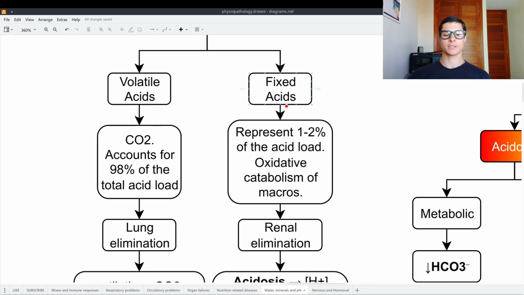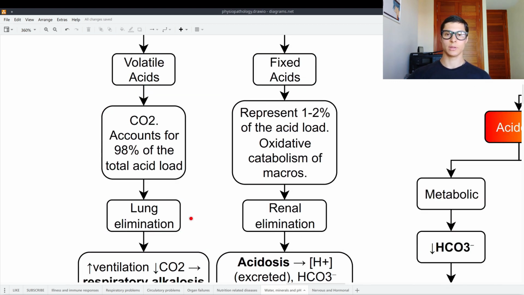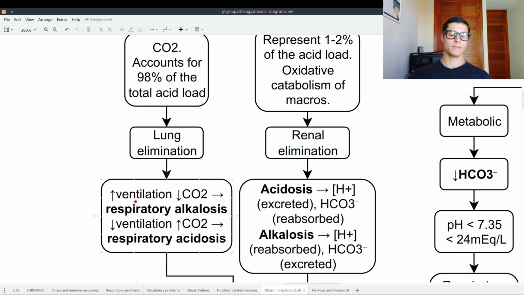On the other hand, the fixed acids only represent 1 to 2% of the acid load, and these come from the oxidative catabolism of micronutrients. The volatile ones are eliminated through the lungs and the fixed ones through the kidneys. If there is a high ventilation, we will lower the amount of CO2, therefore creating a respiratory alkalosis. The reverse also happens, so if our ventilation is lowered, the CO2 starts to accumulate and we will create